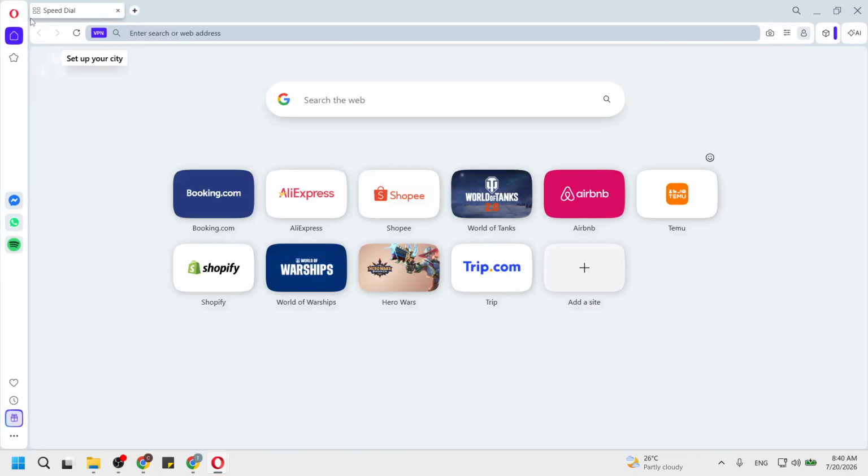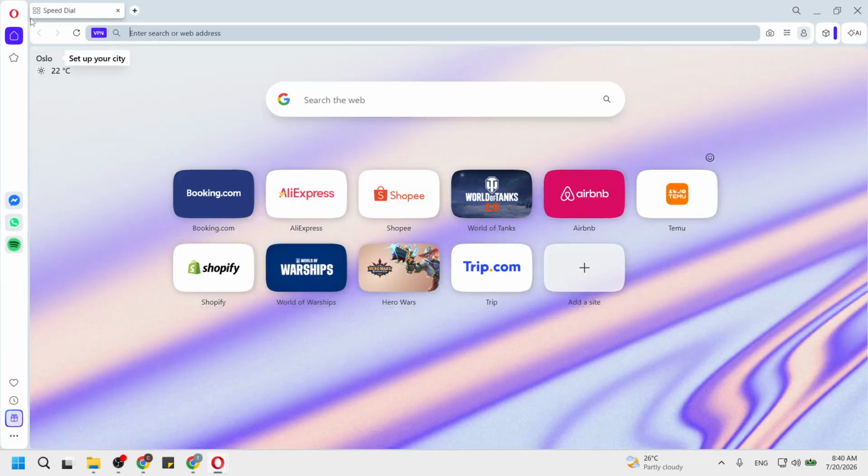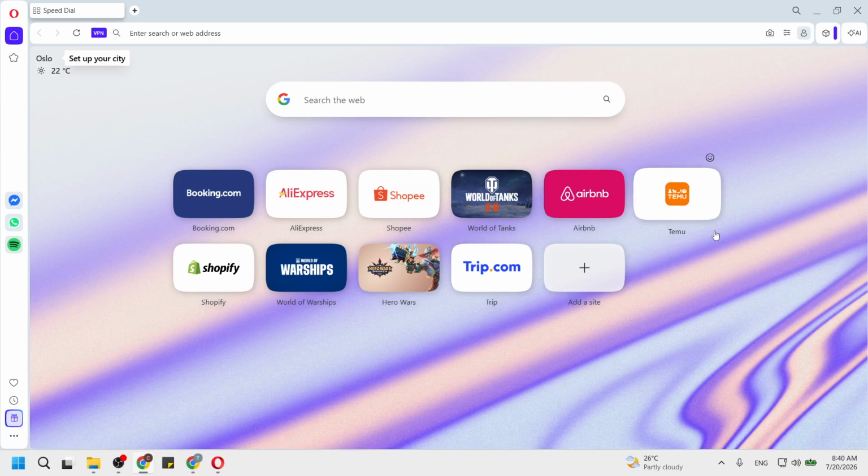You can do this by clicking on the Opera icon, which is usually located on your desktop or in your Applications folder. As the browser launches, you will see a clean interface with a speed dial and a sidebar. This is the starting point for all your web activities. Opening the browser is the first step toward customizing your experience and ensuring that you can access all the features of the websites you visit.